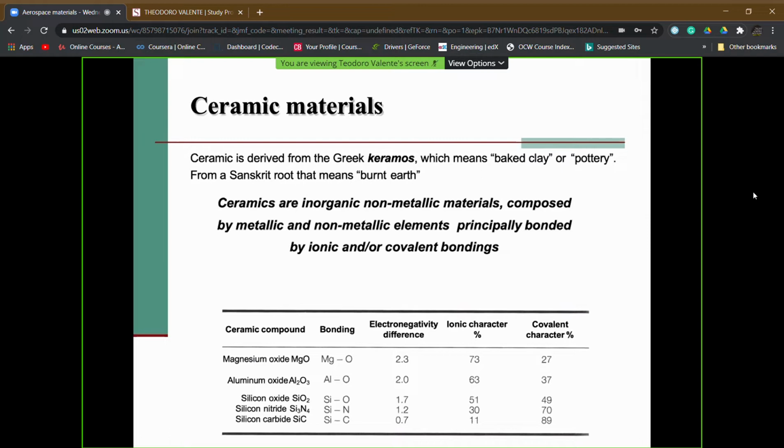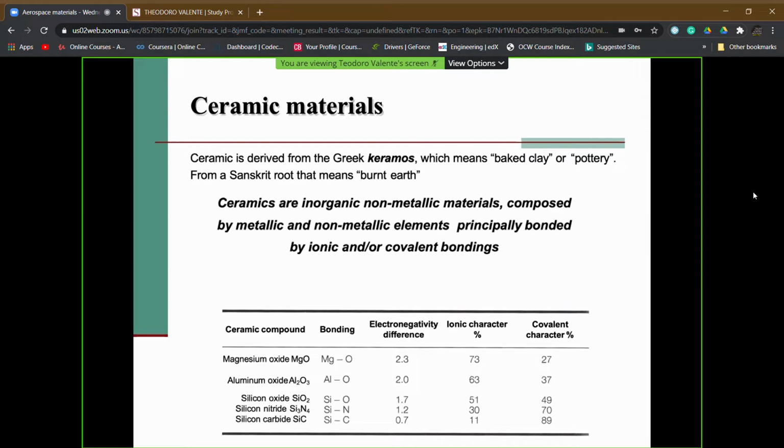Well, these 2 elements do have quite a relevant difference in electronegativity, so this results in more or less 70% of ionic character of the bonding,